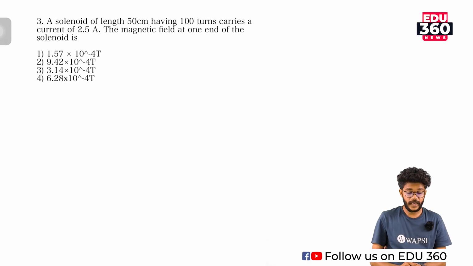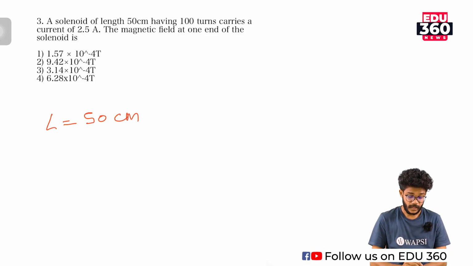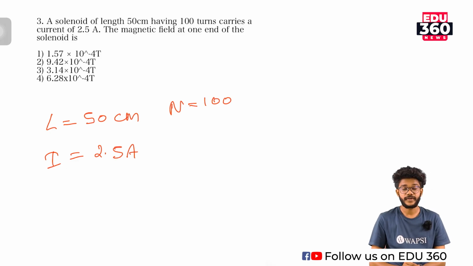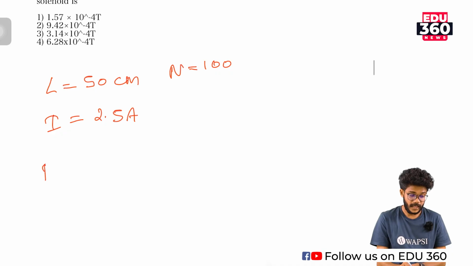A solenoid of length 50 centimeter, L is equal to 50 centimeter, having 100 turns, so N is equal to 100, carries a current of 2.5, so I is equal to 2.5 ampere. The magnetic field at one end of the solenoid is, actually each and every one of these 100 turns will contribute to the magnetic field. So the magnetic field at one end of the solenoid is given by the equation